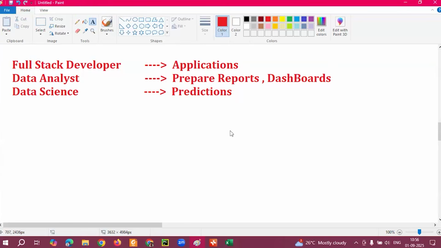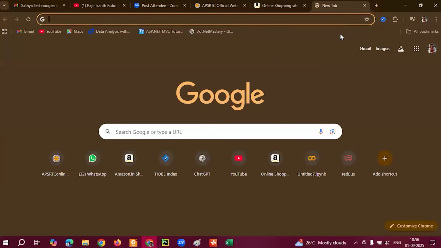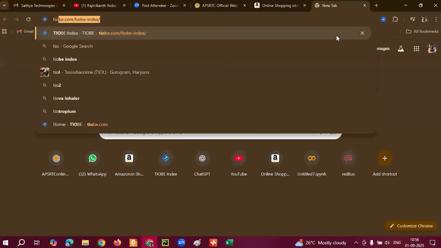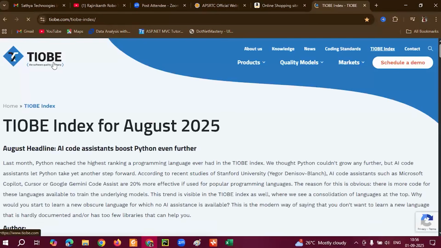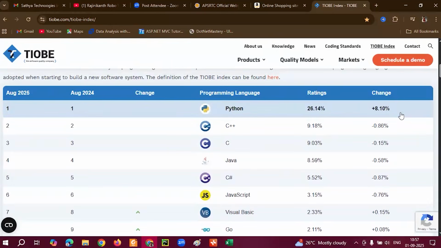Generally, before joining any course, we ask for suggestions from others also. Which course is good? C, C++, Java, .NET, or Python, which course is good? We'll do some inquiry, right? Do your inquiry. Along with that, let me open a small website. There is a website called the TIOBE website, guys. This is an international company. They do analysis on currently trending languages. So it gives you information on which language you have to learn to get a job very fast.